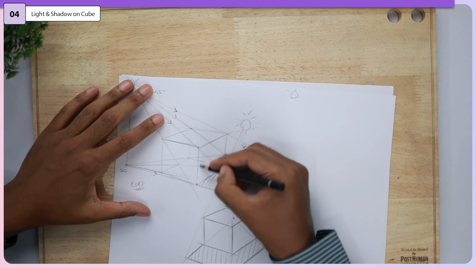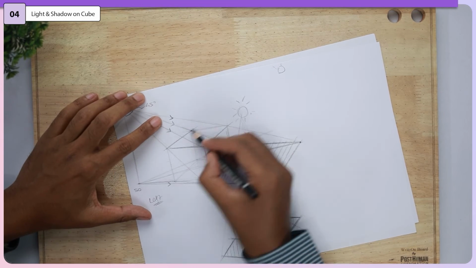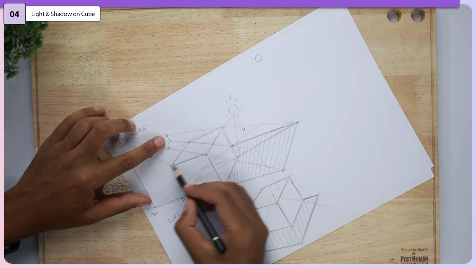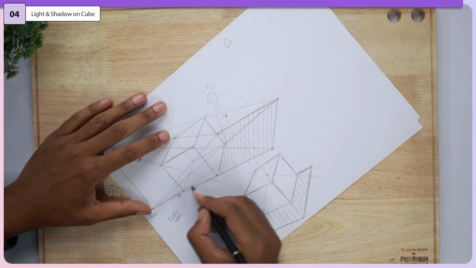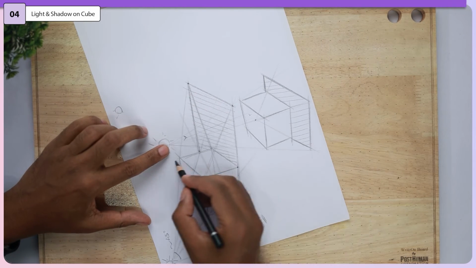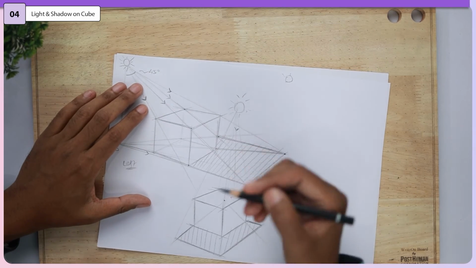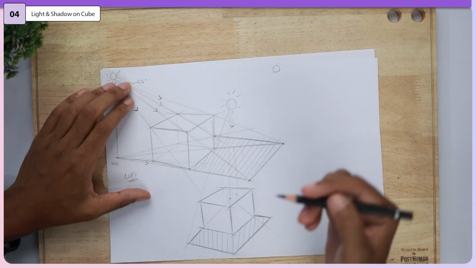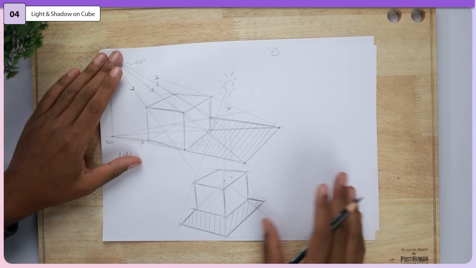The same principle can then be applied to products. So whenever you have a question where some products or details are given in the drawing composition, this is how you can draw a shadow of objects which are cubical in nature or cubical in shape. Okay. So moving on to the second example.